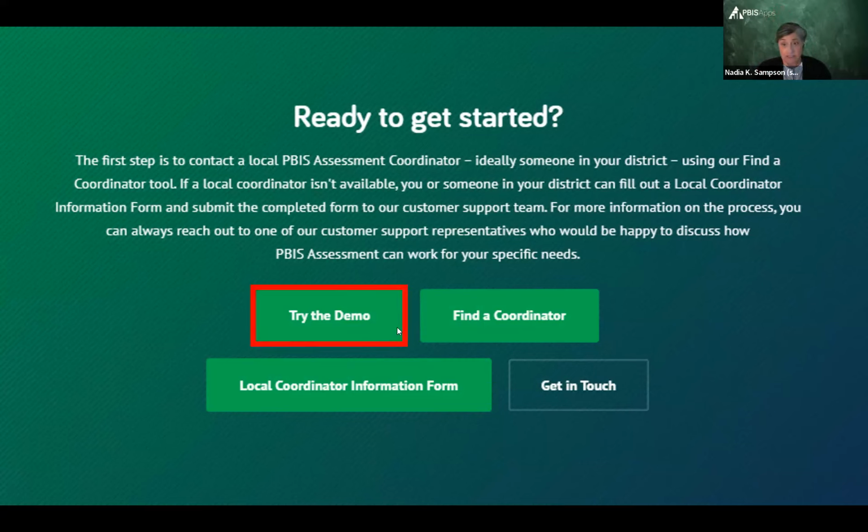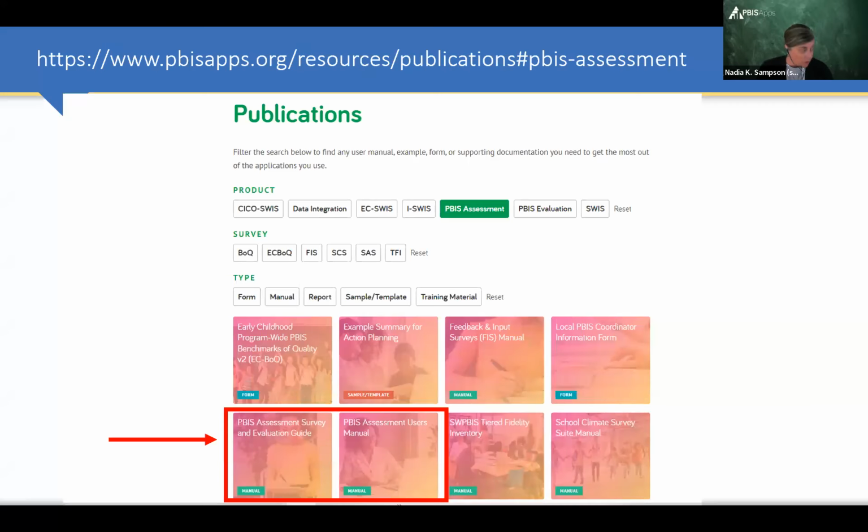So this is another place you can click and try the demo, look around in there. You could find a coordinator. You do need to have someone that's coordinating using these assessments, and maybe that's you. Some of you have identified yourselves as, well, I'm the new coordinator. You'd want to get in touch with us by filling out a coordinator form, and that coordinator